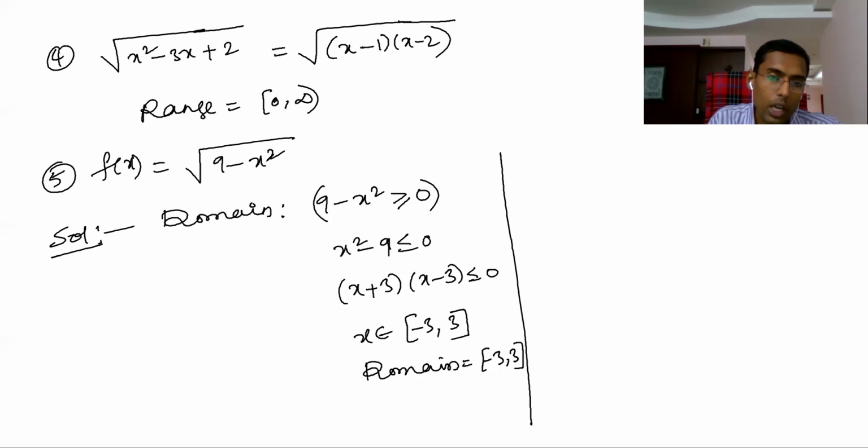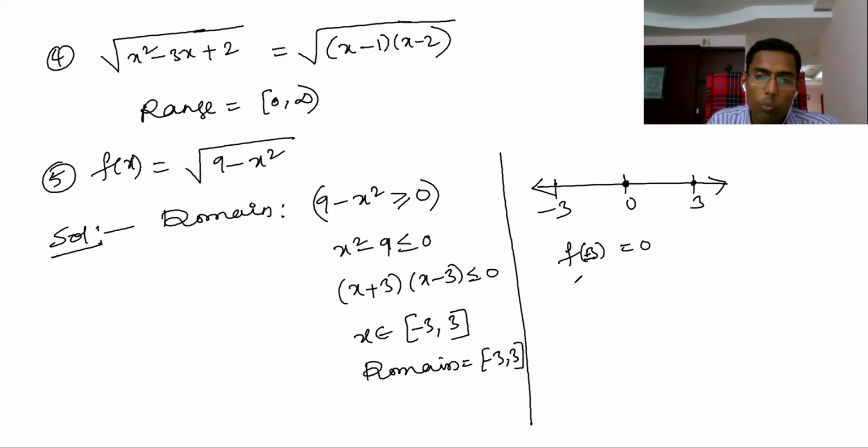So here x value cannot be more than 3. If x value cannot be more than 3, then if you know x value, you can find out f of x value. So here range, how do you find range? One simple way of understanding is 0 to 3, 0 to minus 3. If you take 0, what do you get? Maximum you can take is 3. If you take 3 or minus 3, f of 3 or minus 3, you get 0. Minimum x value you can take is 0, and f of 0 is 3.